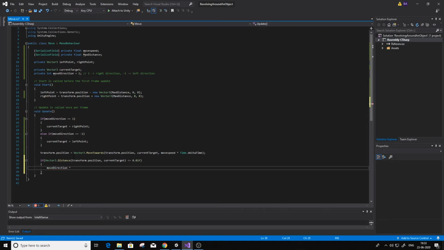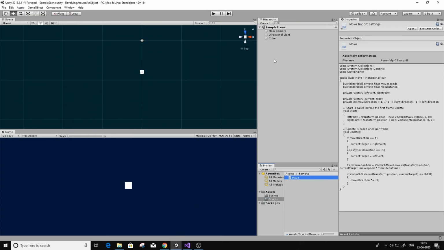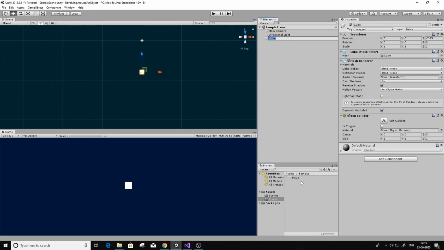To flip the direction we can just multiply the move direction by -1. So what will happen is, if the move direction is 1, then the flipped direction will be -1, and if the current direction is -1, then the flipped direction will be 1. So with this done, now the cube will move from one point to another point.